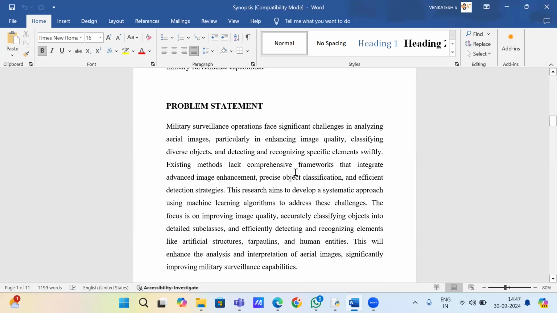This research aims to create a synthetic approach using ML algorithms to tackle these issues, focusing on enhancing image quality and accurately categorizing objects into detailed subclasses. Our goal is to enhance the analysis and interpretation of aerial images, thereby significantly boosting military surveillance capabilities.